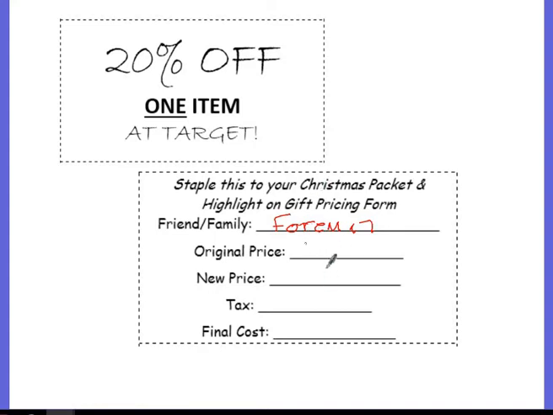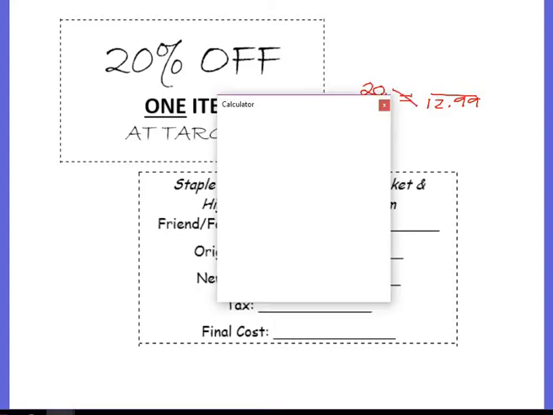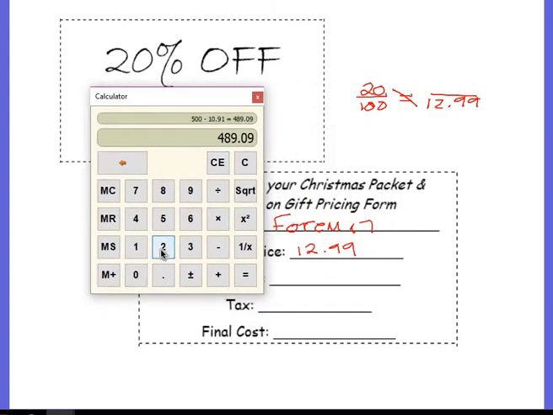Okay, what was the original price of the pickle? $12.99. I need to find the new price. Well, I know I get 20% off, so I do my proportions. The original amount was $12.99. So I have a fraction. I'm going to get my calculator here. I'm going to do 20 times $12.99. And that's what I get. Then I divide by 100. I find it to be